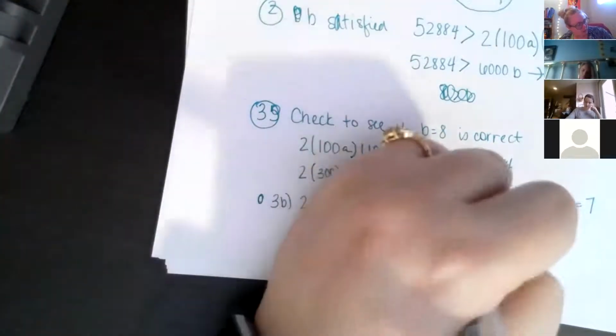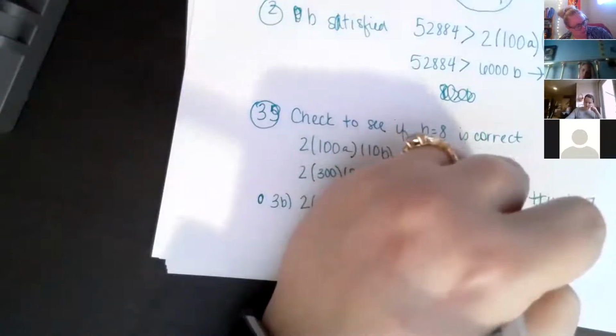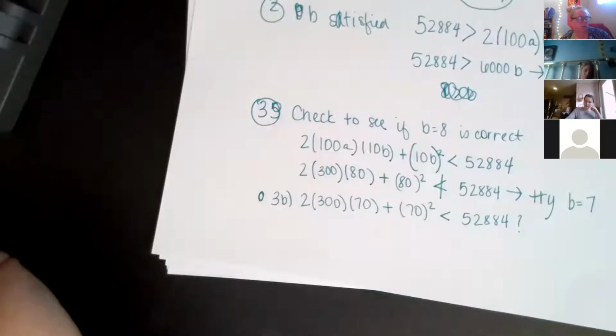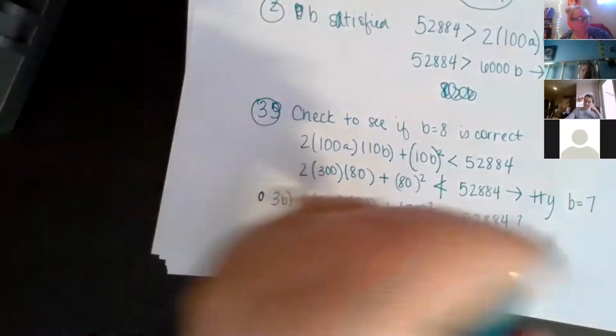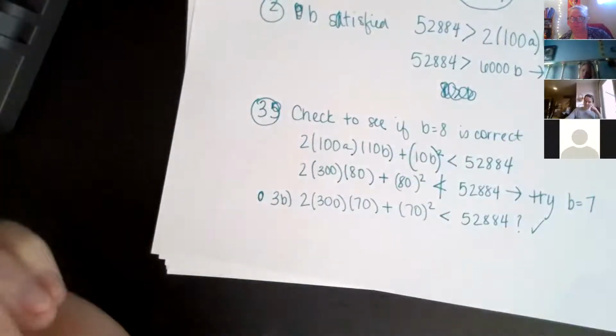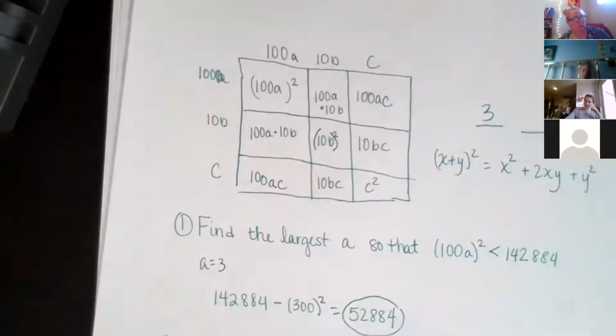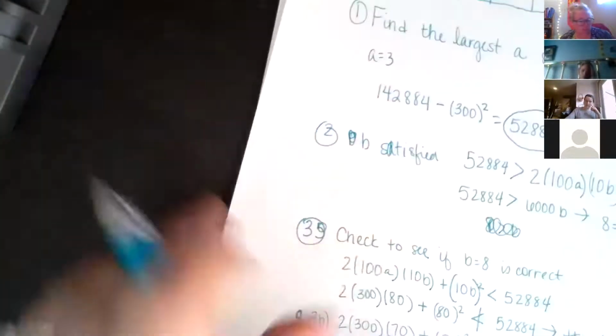Is that less than 52,884? Yes. It gives us a difference of 4,900. Okay, so then